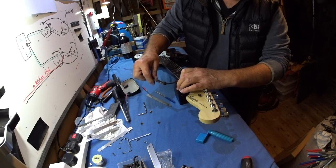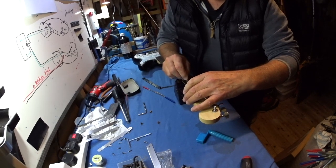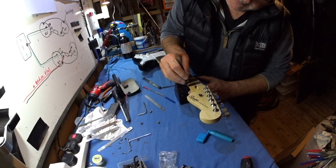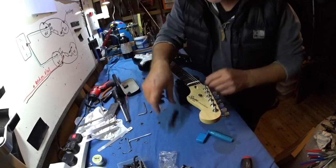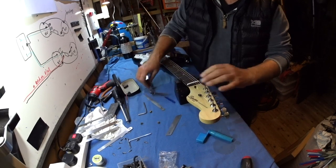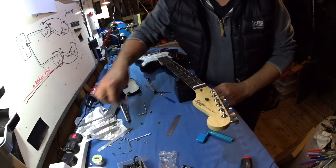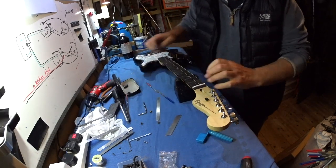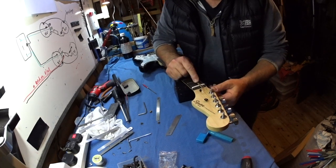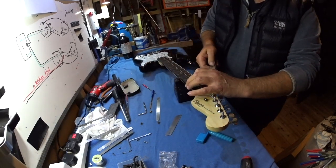Cool, that's where I like it. Drop off that one. Change over. First fret